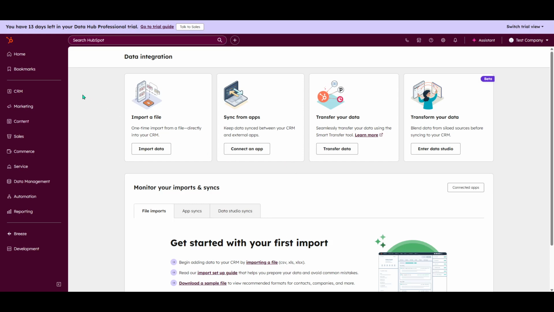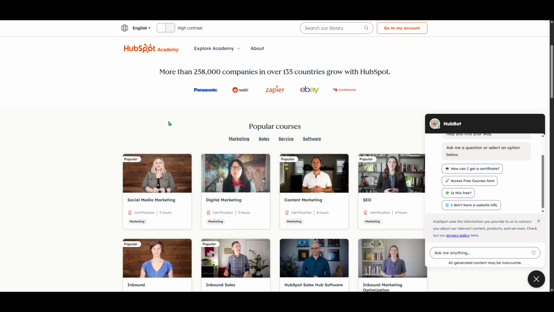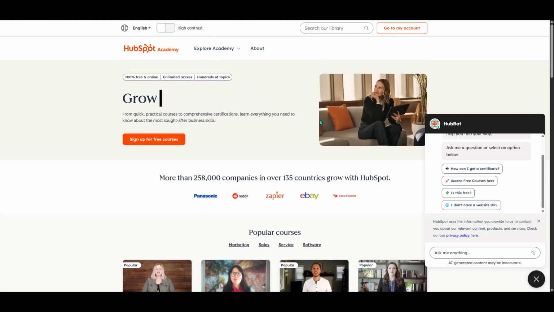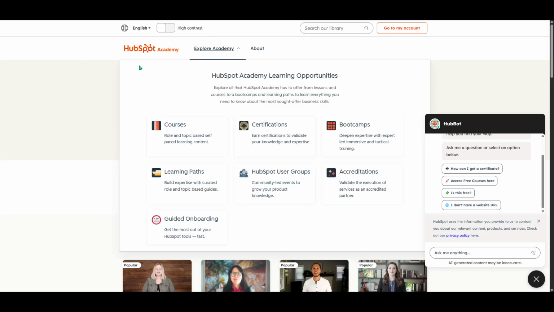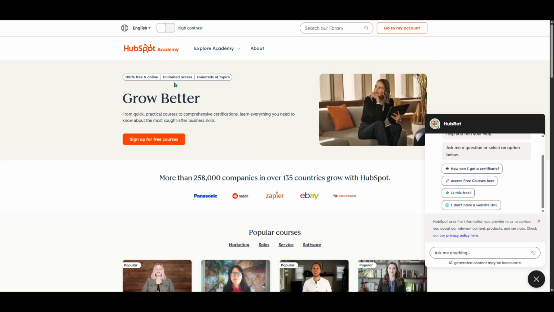First, open your web browser and head directly to academy.hubspot.com. Typing the address into the URL bar is the most straightforward way to reach the official site without distractions. Once you arrive, you'll land on HubSpot Academy's homepage, where you'll see featured courses, popular certifications, and learning paths curated